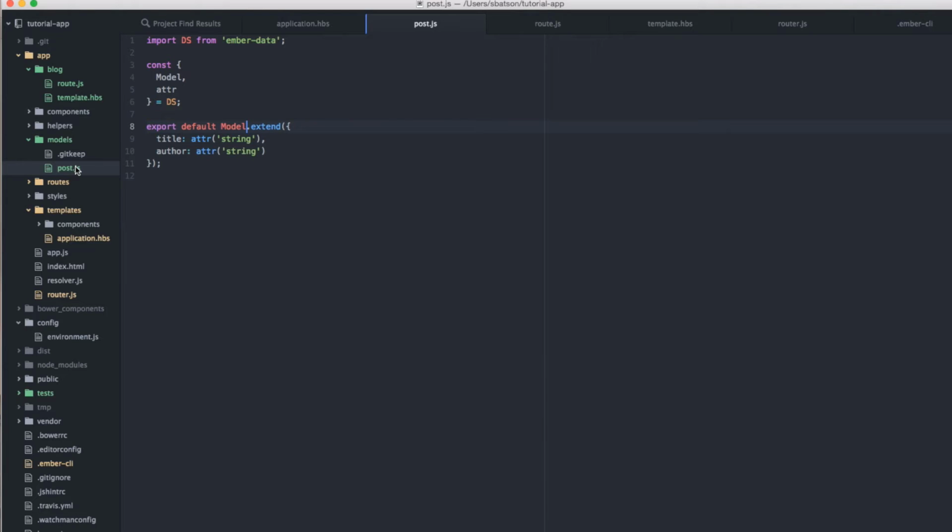So here we have our model. It has a title and it has an author. I'm not going to go into too much detail right now about how we can populate this data. I was going to do a part 2 to this when we can pull in information from an actual API. But for now, let's work with creating a record of a blog post with a title and an author, and probably should have some content or something. So again, content is a string. If you're wondering